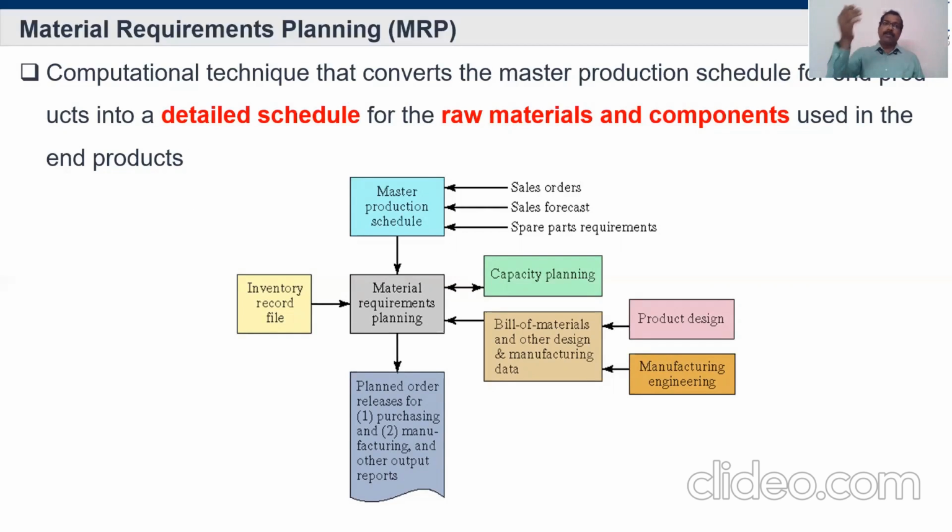Model M means having M1, M2, M3, M4 models in the master production schedule. Under the master production schedule comes material requirement planning. For example, for M1, how many raw materials are needed to make the M1 product, or how many parts are needed for M2? Similarly, a detailed schedule is developed in material requirement planning. It is directly connected with the particular part. We need to think about what parts are available and what parts are needed.